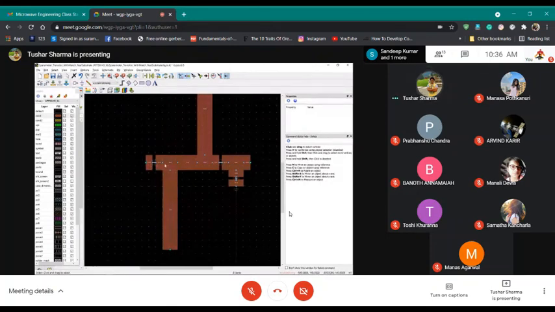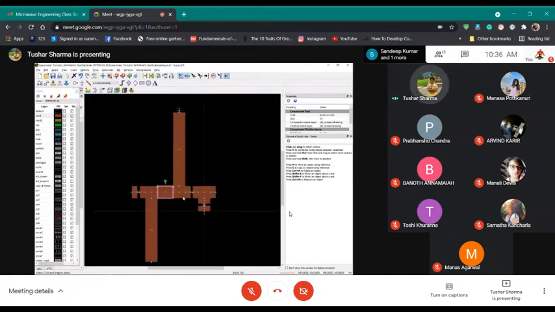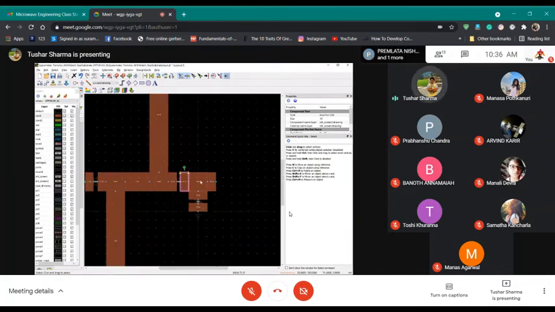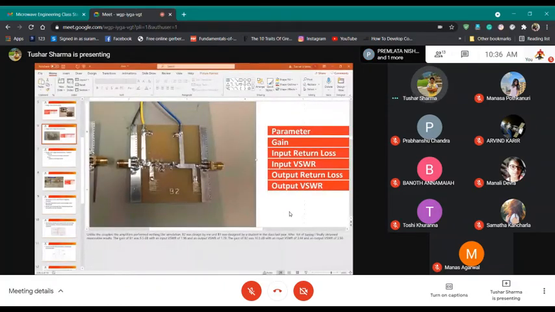First cap, T junction, open stub, your matching transmission line length, your lambda by 4 line length for your bias, T junction. Here is where your first resistor sits. Here is where your T junction. Here is where your second resistor sits. And this goes to the transistor, which is exactly what this board looks like. Here is what your DC capacitor is there.